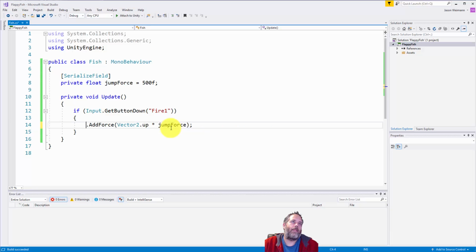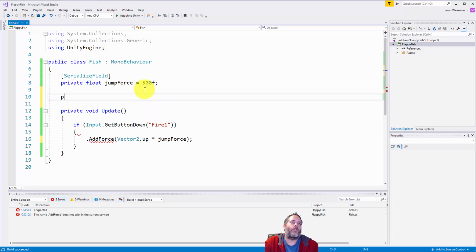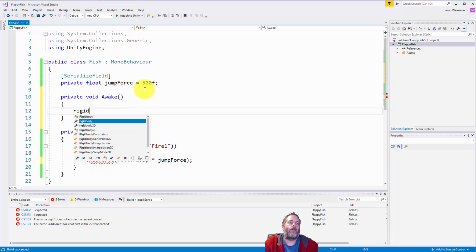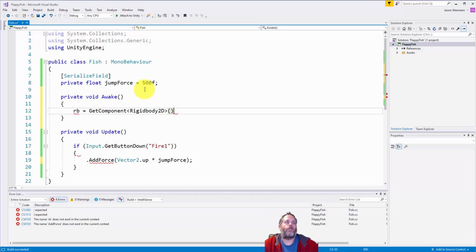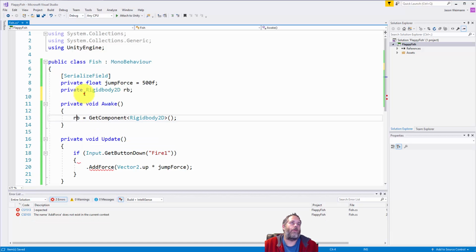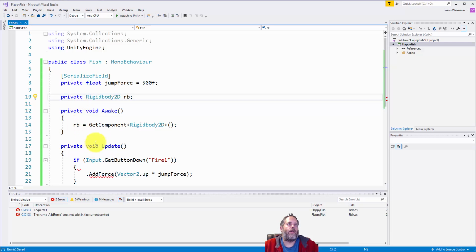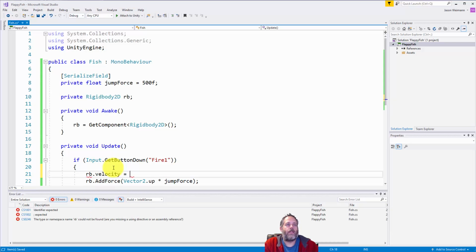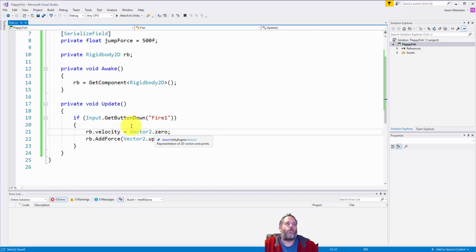So here we go. I'm going to cut that out, and I'm going to add an Awake method. So private void Awake. And here we'll do rigidbody, or actually let's just call it rb equals GetComponent Rigidbody2D. Now we need a field for this. So again, let's select it, hit Control period, and generate a Rigidbody2D field. And then now what I can do is just call rb.AddForce right here. But first I'll call rb.velocity and set it to Vector2.zero. So now we're stopping it, and then we're adding force, and we're also caching that rigidbody to minimize any